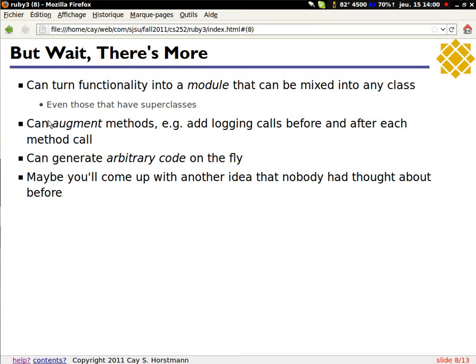You can augment methods, so you can add calls before and after a method call. For example, if you want to do logging, you can take an existing method, say save, and then say, whenever save gets called, I also want you to insert this little logging call. Maybe you want to do it before and after to make sure that the database didn't act up in between.